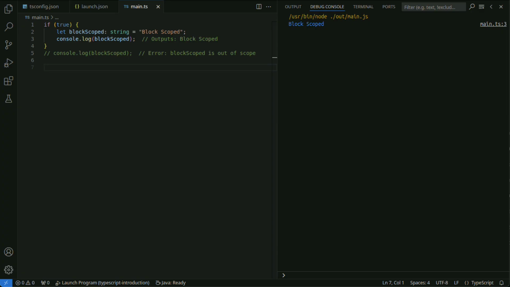Since TypeScript is a superset of JavaScript, it inherits JavaScript's hoisting feature. Hoisting refers to the behavior where variable and function declarations are treated as if they are lifted to the top of their scope. However, only the declaration is hoisted, while the initialization remains in place. Variables declared with var are hoisted, but using let or const before declaration results in an error.